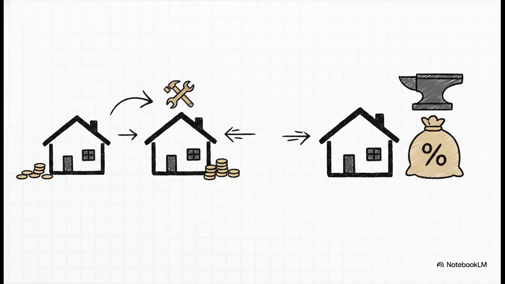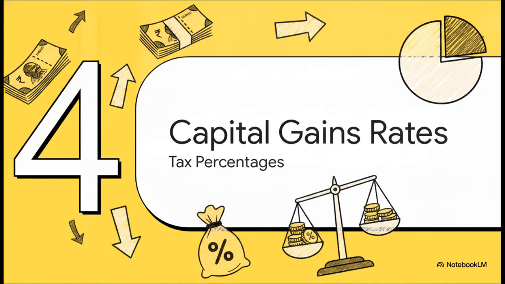If we follow our Section 48 steps, 20 lakhs minus the 12 lakhs in costs leaves a clean profit of 8 lakh rupees. But notice the dates here, July 2023 to April 2025, that is less than 24 months. Because he sold it so quickly, it is firmly a short-term capital asset. Even though he tried to buy another house to claim a tax exemption under Section 54, the source makes it abundantly clear that exemption is strictly for long-term assets. So, Mr. C owes tax on the full 8 lakh rupees. Ouch.